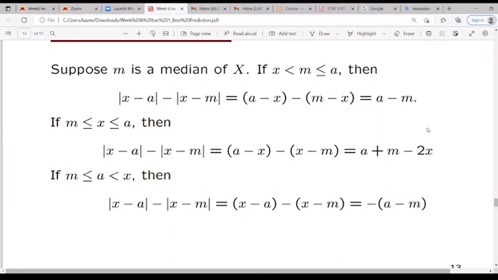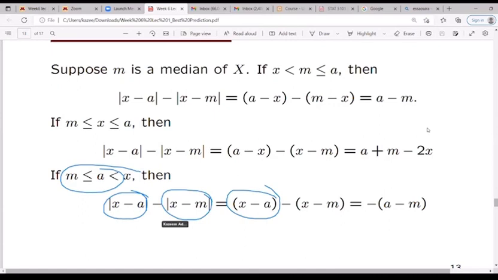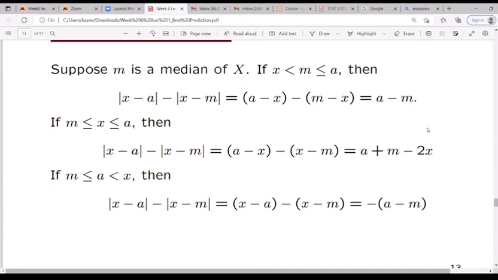Now, what is going to happen? When I want to remove the absolute value here, I'm not going to switch anything. I'm just going to do that. Take a look at that now. So you can see I have X minus A. I did not switch this as well. I wanted you to take note of that. Why am I not switching now? Because I'm using a different interval now. A is in the middle.